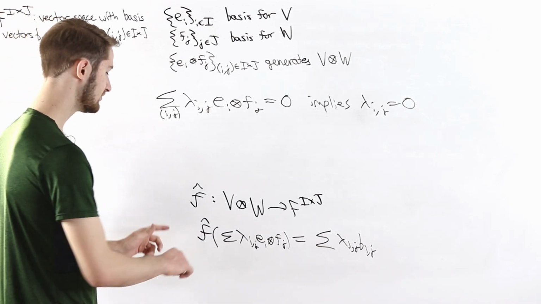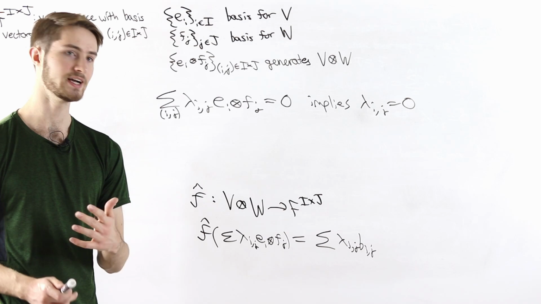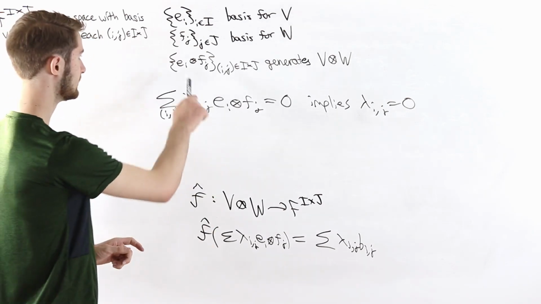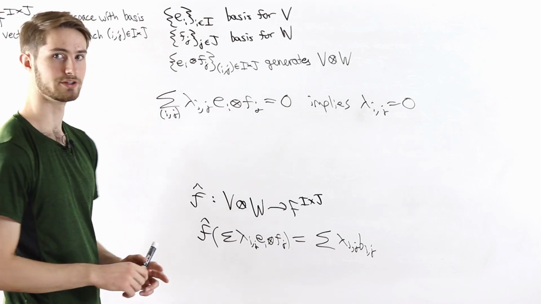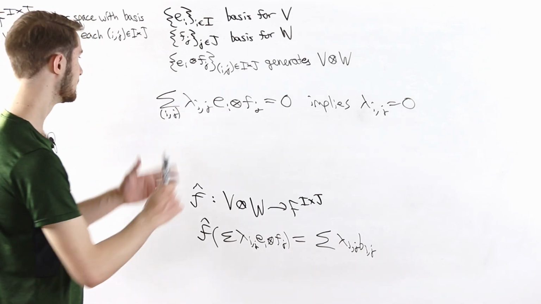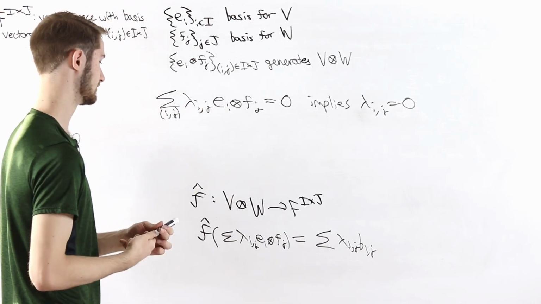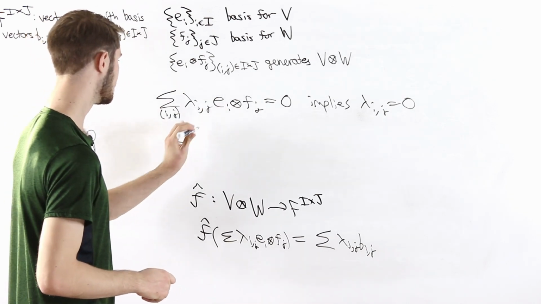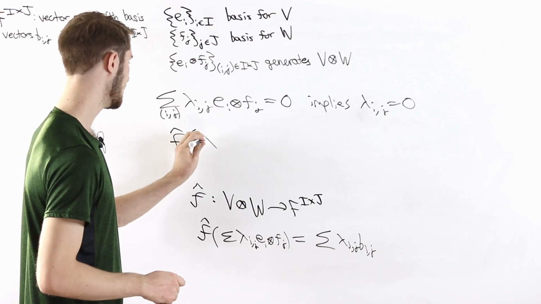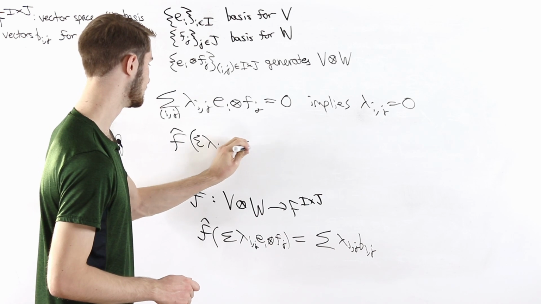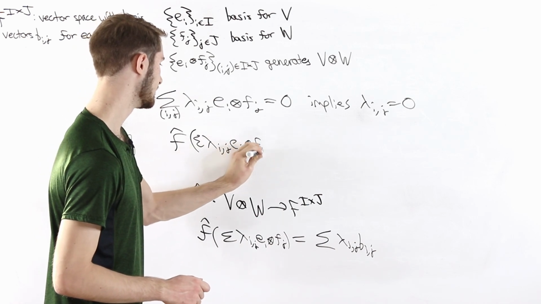And we'll ask if this f hat is a well-defined linear map on the tensor product, can we use that to prove that these pure tensors are linearly independent? Well, let's say we have some finite linear combination of these pure tensors that's equal to 0. If this is equal to 0, then f hat of the sum of lambda ij, ei tensor fj, well,